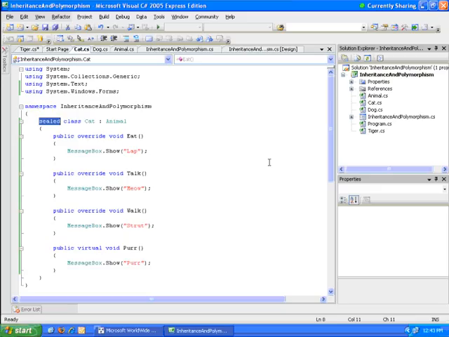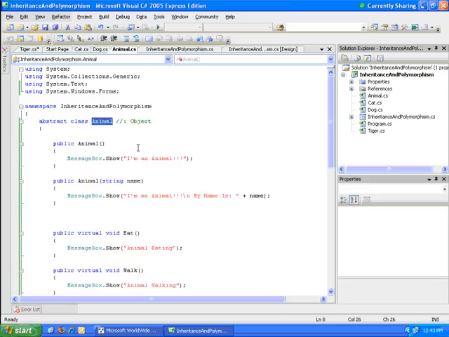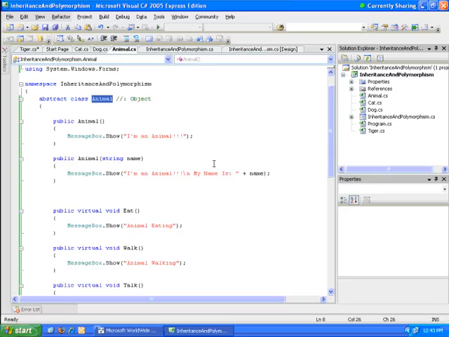So those are some examples of how deriving works, how creating base classes works, and how you can create functionality in a base class and override it in the child classes, how you can add new functionality to the child classes, how you can lock people out from adding new functionality, or how you can force people to add new functionality. Based on what it is that you're trying to do, you can see in this scenario we've pretty much covered every type of scenario there is when we have multiple